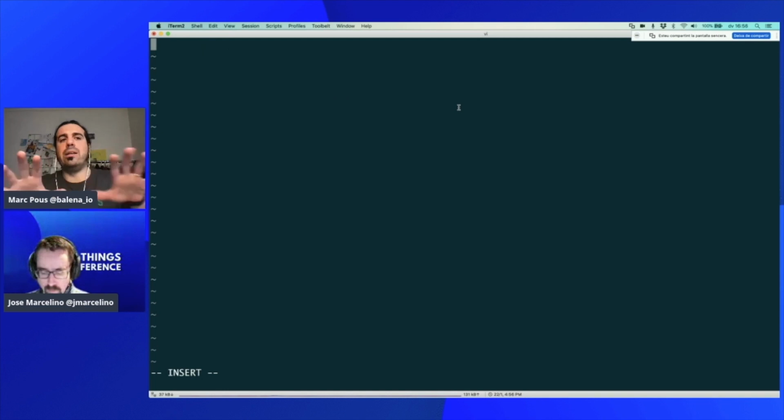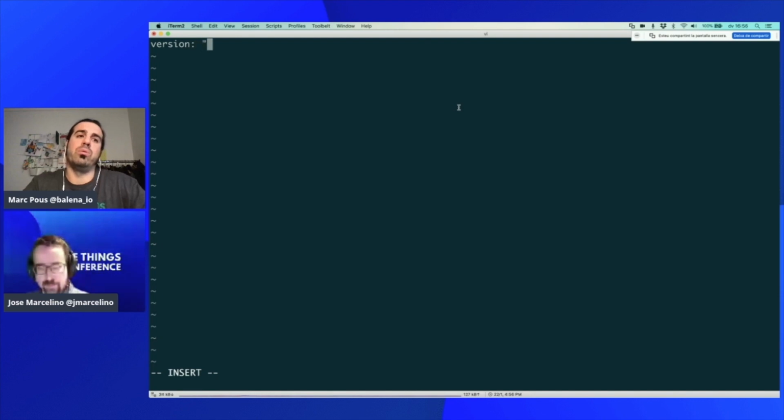Okay, so let's start creating the Docker Compose. I zoom in a bit on this, hope you can see it. If not, the code will be in a repo. So it's version 2.1 of the Docker Compose. Actually, at Balena, we support up to 2.1. I think there are further versions of Docker, but we support 2.1. That should be okay. And then we will say that we have different services. In this case, we have basic station,